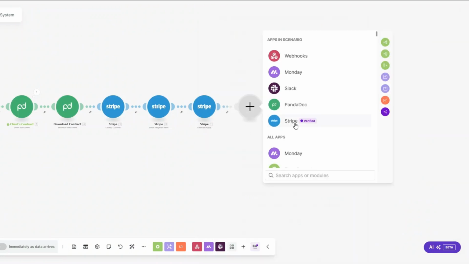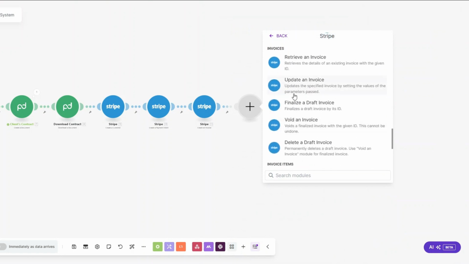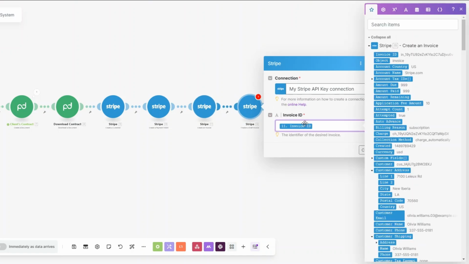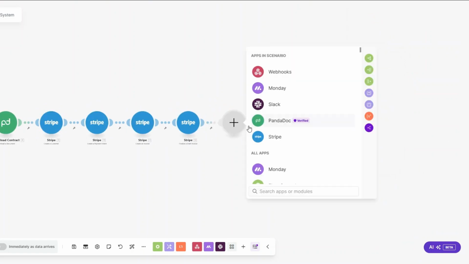And then here, we're going to finalize the draft of our invoice. For the invoice ID, I'm going to choose the ID of our invoice right here. And click on OK. And now we're going to send our proposal, our contract, and invoice to our client via